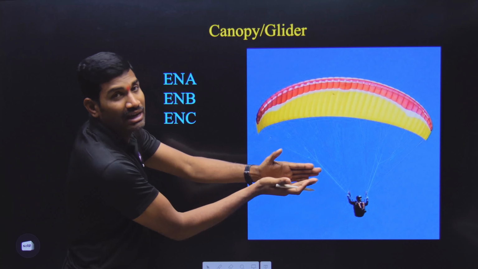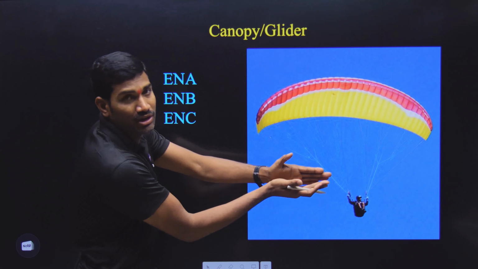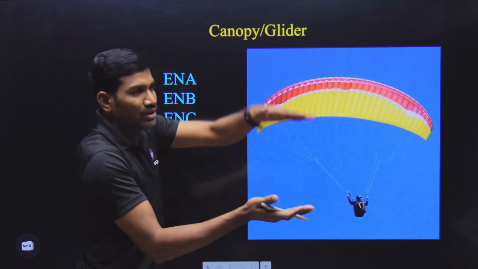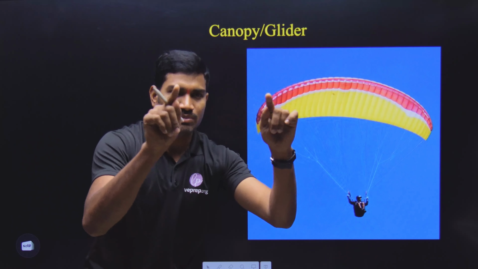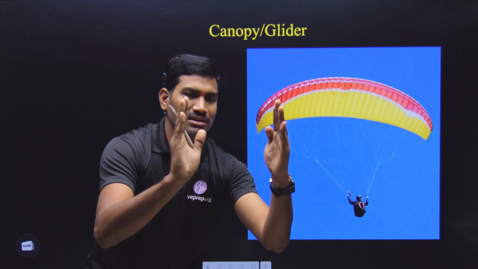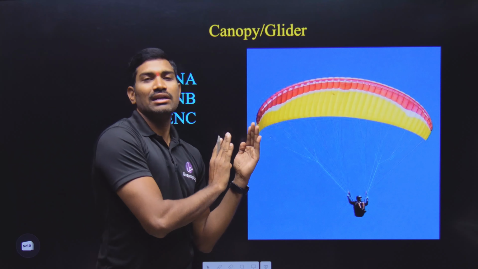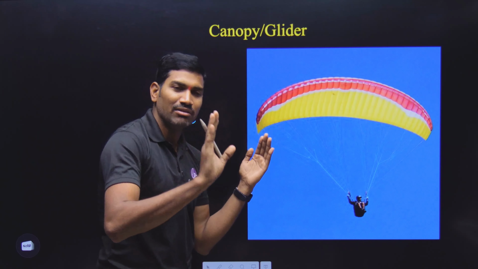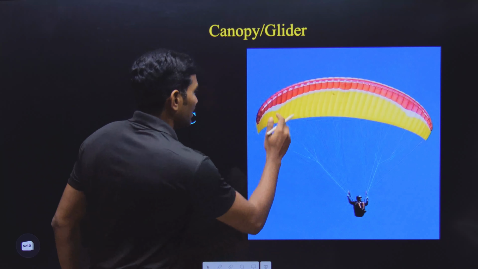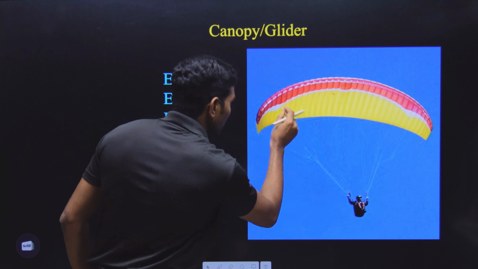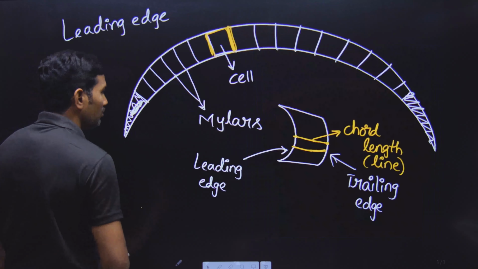And on this side you are not having an opening. Please observe this carefully. This is what, like this. And now in this view you are observing one cell. Suppose this is a box and this is having the mylar. This mylar is extended from the leading edge to the trailing edge. And now inside this particular one, if you observe,